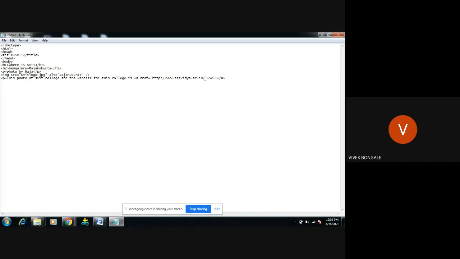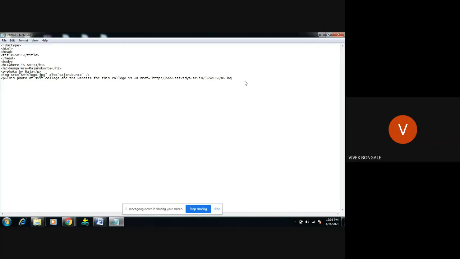I will repeat: a single slash. Why I'm creating it is that this particular file should be stored in one particular folder, the folder SVIT. This Unix tag will load this file, saividya.ac.in, by taking it from the server. It is going to load in the SVIT folder. Once the user clicks on this SVIT, it should link to this page. We'll check while you're seeing that output.